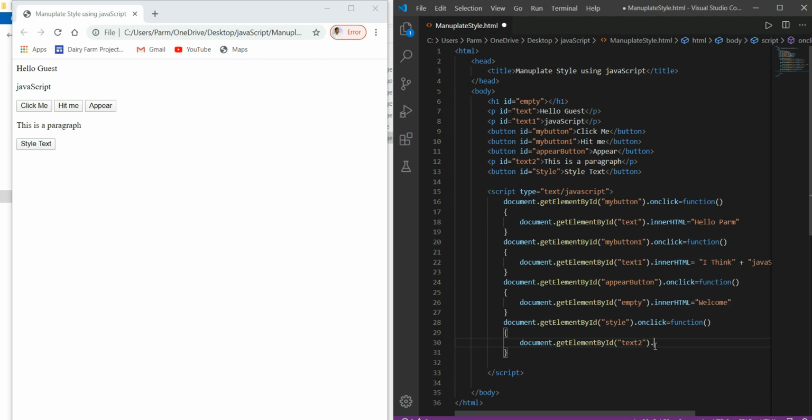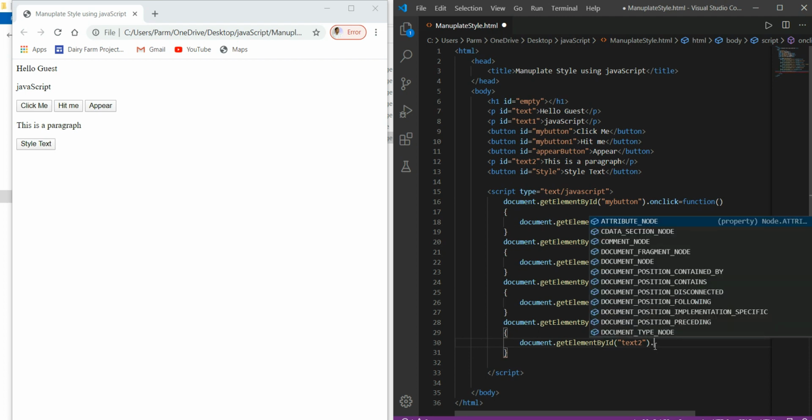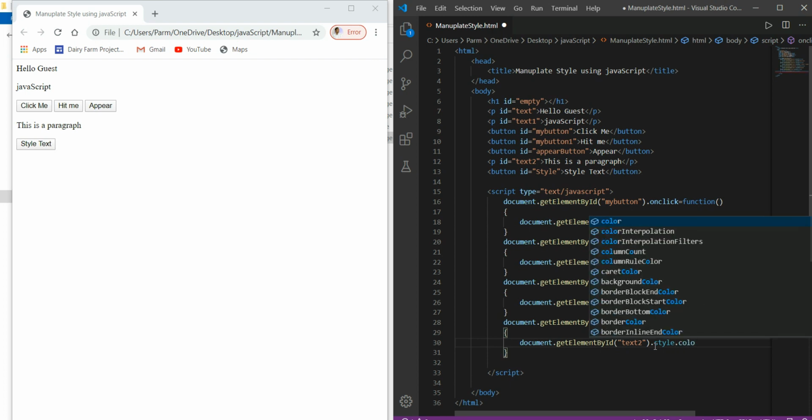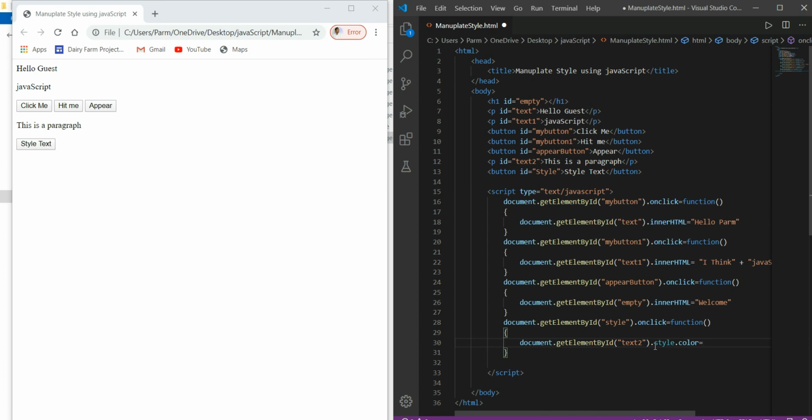Now here in place of innerHTML we will use style, and say we want to change the color of this, so we can use style.color. Here we have to give the value to this. We just want to make the color green, so we will write green over here. Just save this and refresh it.